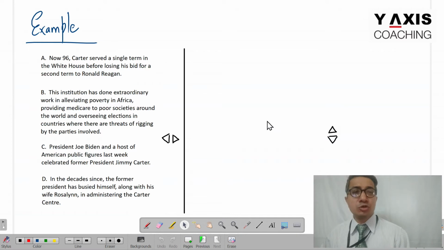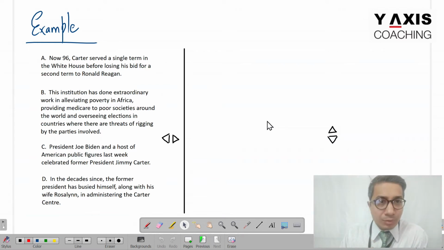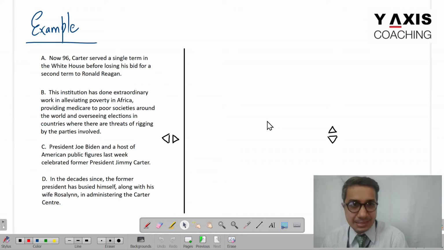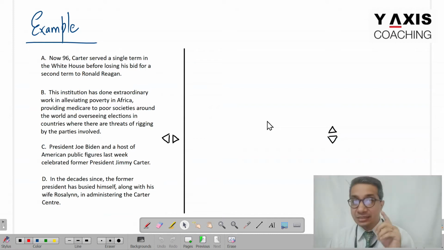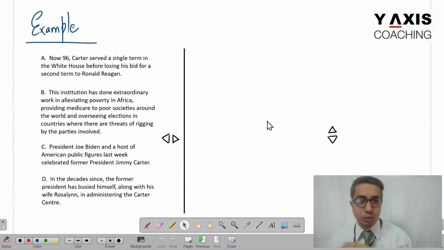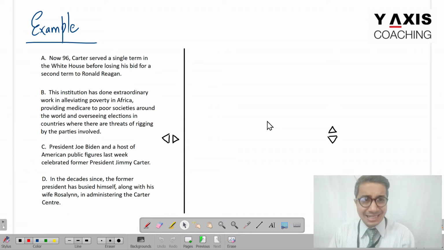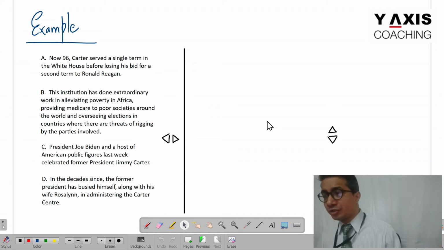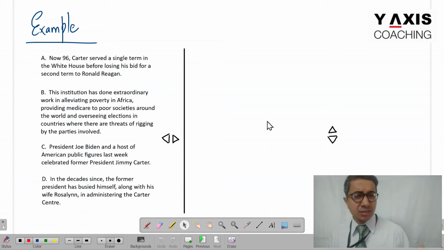Okay, so what is the most important thing in any reorder question? The most important thing is finding the first pair, which is your first topic sentence followed by another sentence which links to that topic sentence. If you get this correct, you should find everything else rather a formality. That's exactly how it goes.